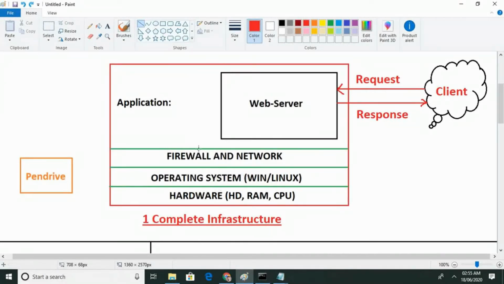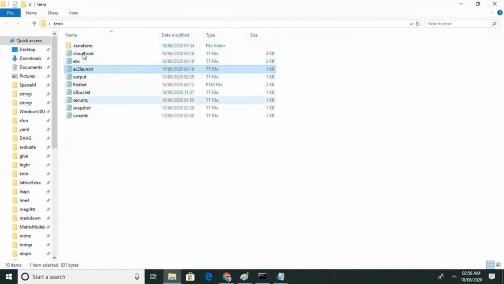We have done the security part and the network part also, which server we want to connect to and all. Okay, EBS done. Now we go to the S3 bucket.